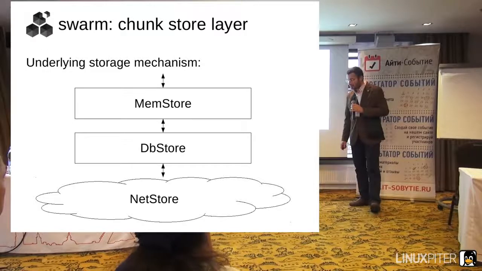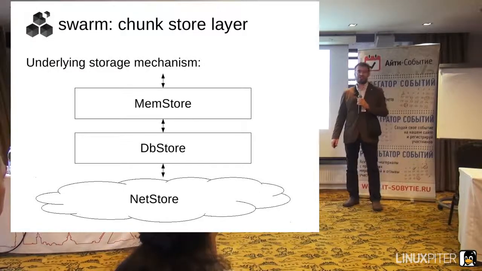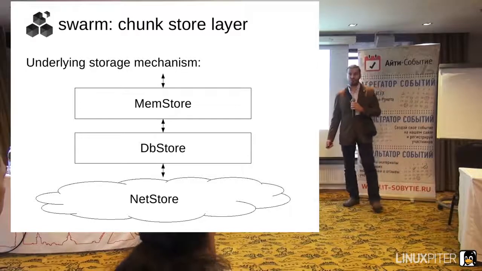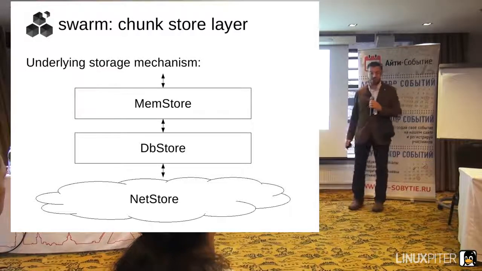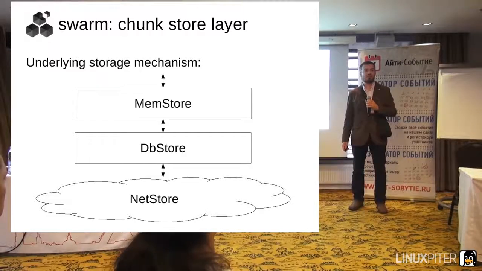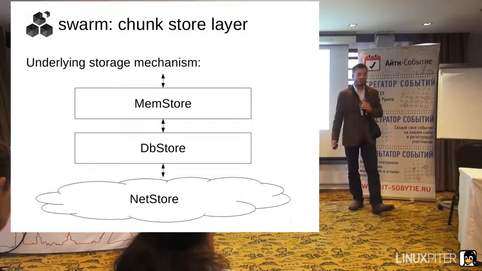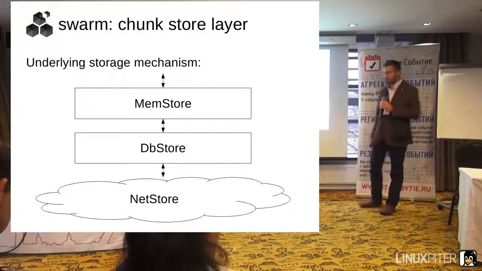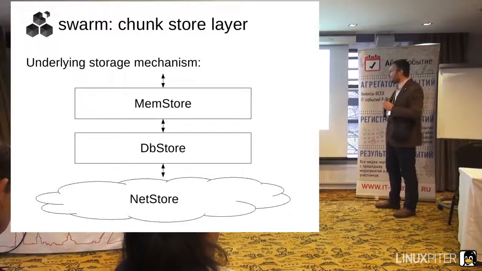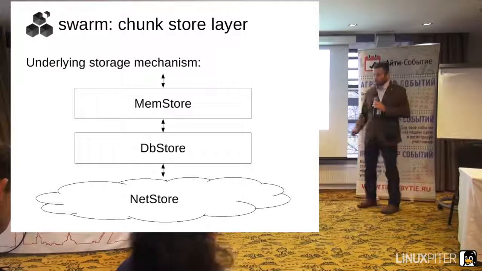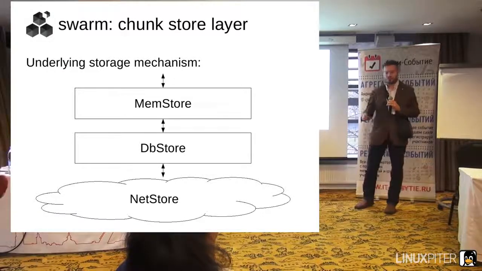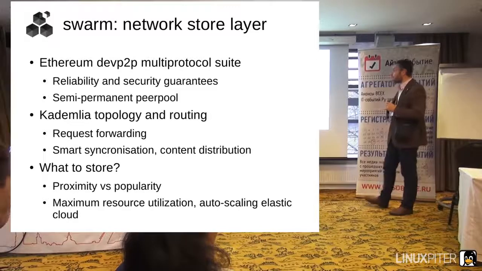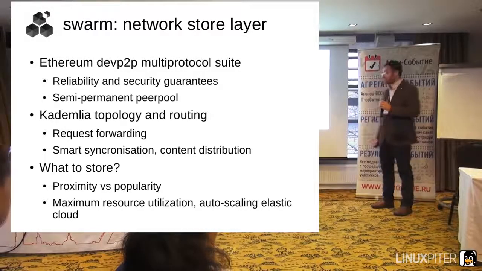A little bit about this net store. Its basic architecture is a DHT, a distributed hash table. Many of you might be familiar with it. The most popular use case for DHTs is the BitTorrent network. Actually, what we have built is in many ways inspired and architected after BitTorrent. There are reasons why we are not using BitTorrent, and we can discuss it later in the questions part. But basically, you push out these chunks, and they migrate towards a few computers that are responsible for the hash range in which that chunk happens to be. So that's basically it.